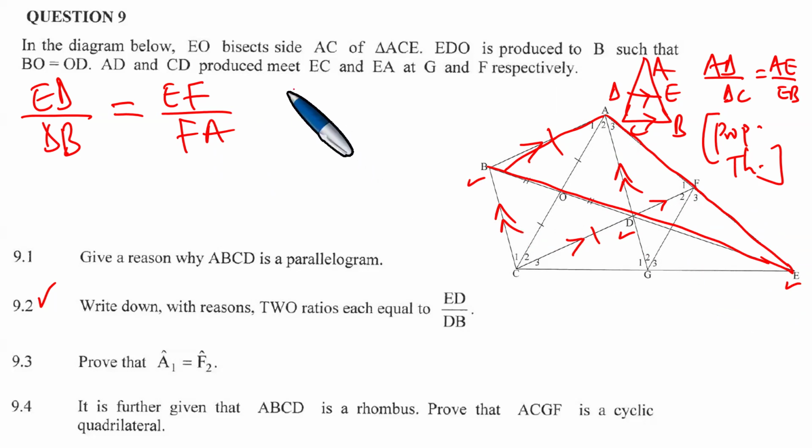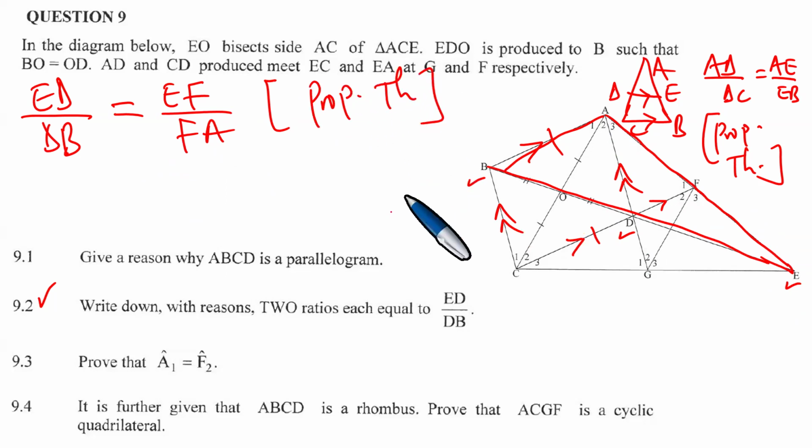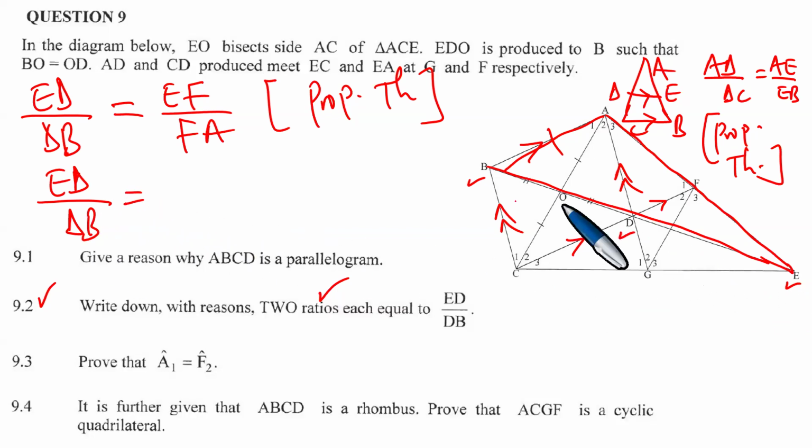And the reason for this is nothing complicated. Why are we writing these things like this? Because of the proportionality theorem. So the reason for this is that we have the proportionality theorem. Next, we need two ratios. So we also have ED over DB. ED over DB is equal to what? So you have this here, like this. So ED over DB is equal to,